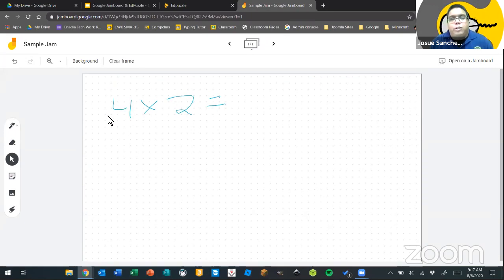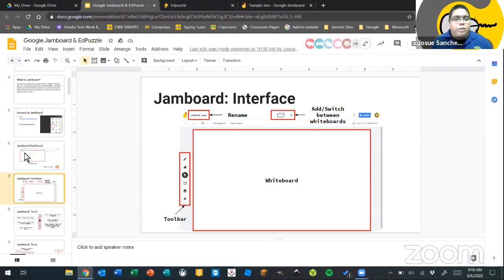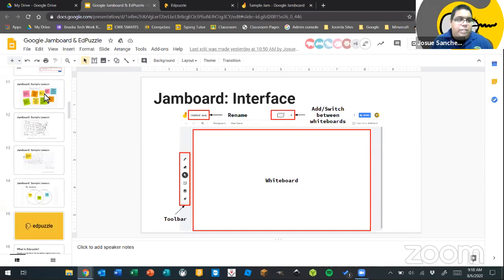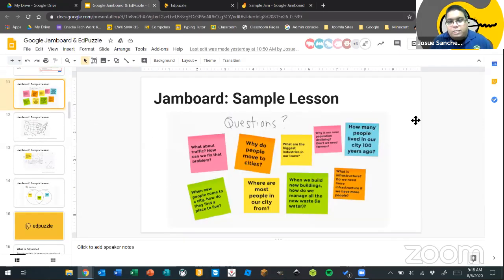So for synchronous activities, the way I would recommend using it is either doing a sample writing assignment, or a sample sentence where you're identifying nouns, or identifying verbs, or perhaps you're doing a math lesson and you're using it to demonstrate the steps on how to perform this task. If you do want them to do something live, let me go ahead and switch back over here to the presentation. I do have some sample